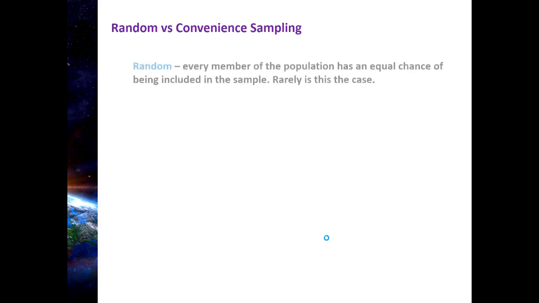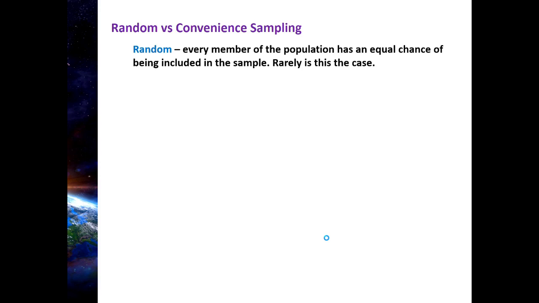Let's understand what it means to randomly sample, right? So if you are randomly sampling, what you're doing is you're making sure that every member of the population has an equal chance of being included in the sample. Rarely is this the case. For example, let's say that we want to randomly sample a group of Utahns, all right? That means that every single person who is an official Utahn needs to have an equal chance of being included